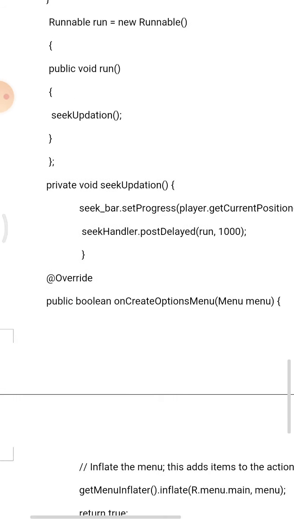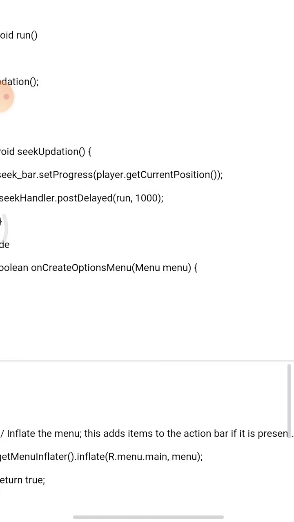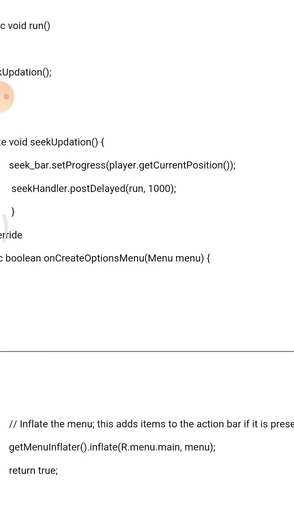Then private void seekUpdation is another method which includes setProgress of the current position. seekHandler.postDelayed(run, 1000). For knowing the variation while playing the song, 1000 milliseconds is the pause given by